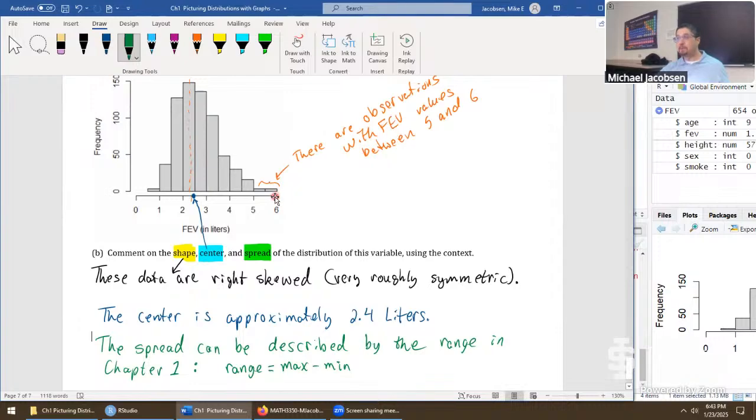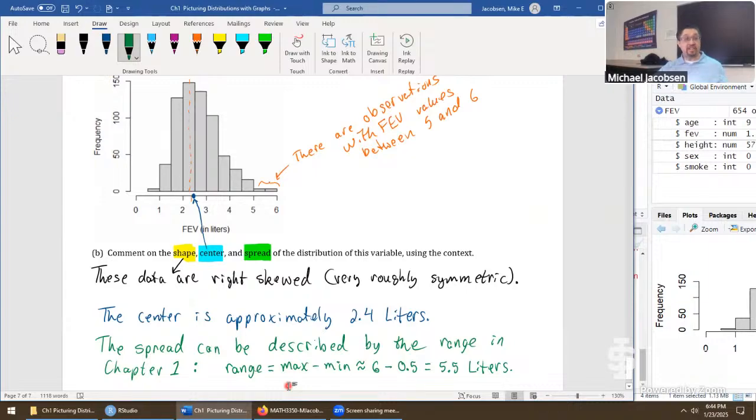And I don't know the exact max value or the exact min value, so I'm just going to say it's approximately, because again, we're just doing this qualitatively in chapter 1, about 6 liters minus, way out over here, looks like about 0.5 liters, which will give us 5.5 liters.